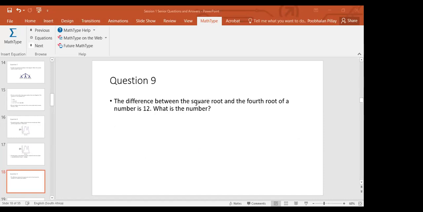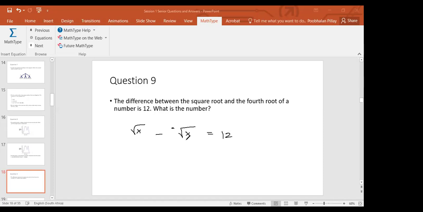Then the difference between the square root and the fourth root is going to be 12. Now, it's almost impossible to solve this kind of complicated equation, but the idea is, if you think about it,